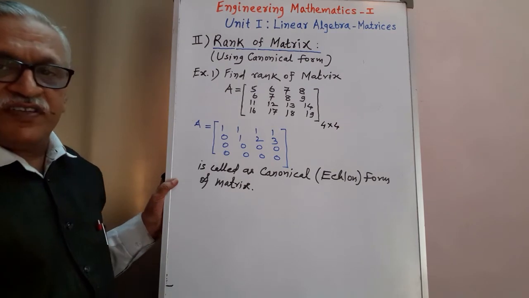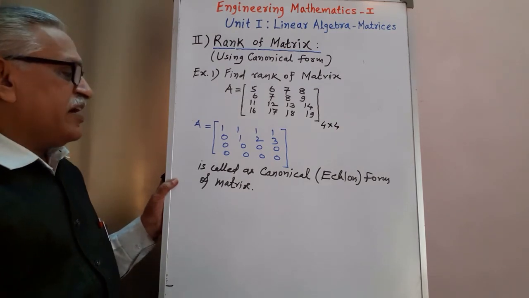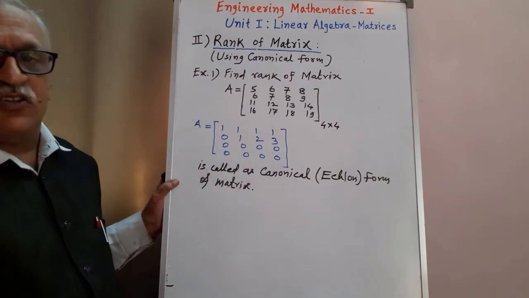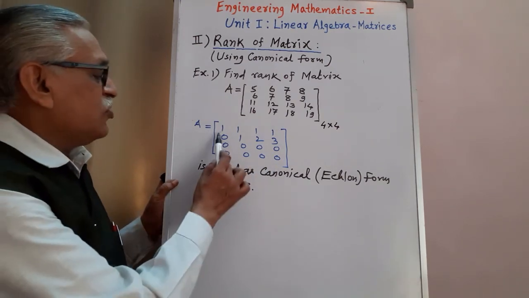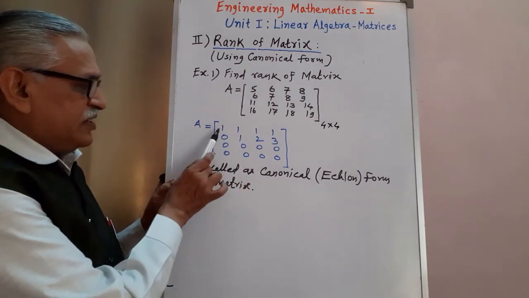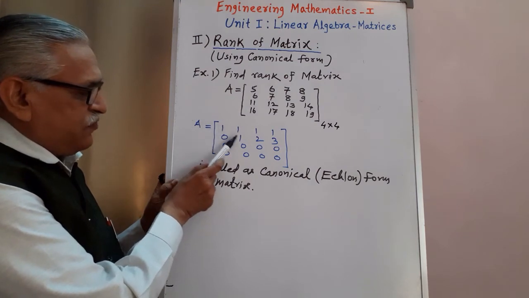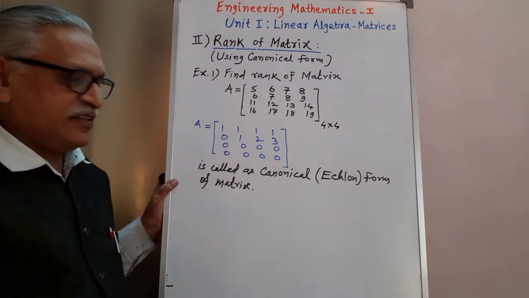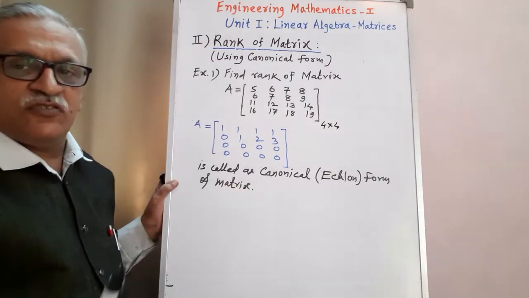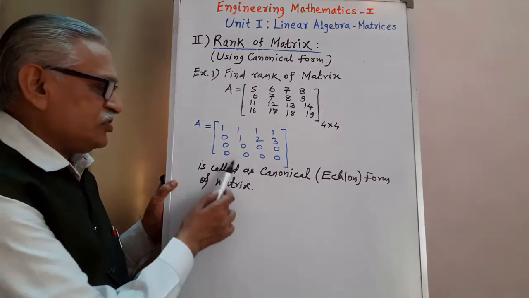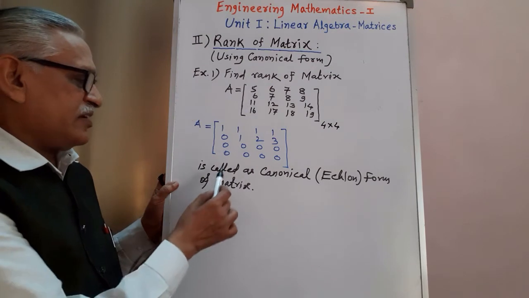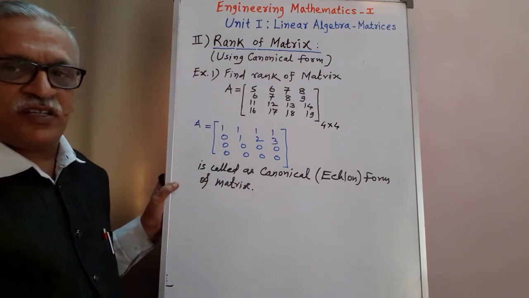Of matrix. Once again, I will explain what is canonical form. In the canonical form, we have to convert all the principal diagonal elements as non-zero and lowest to 0 by applying elementary row transformation. Here we have first two diagonal elements as 1 non-zero, and in the process third and fourth become 0, and it is not possible for us to make it non-zero, and all the lower elements as 0. That form is called a canonical form or the echelon form.